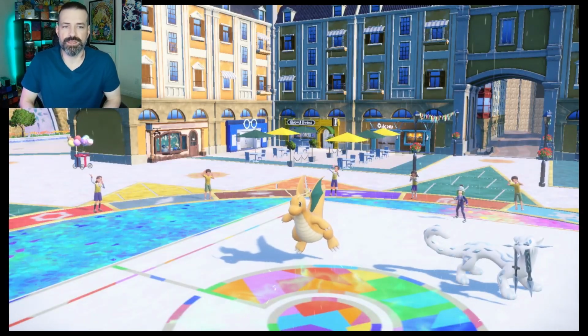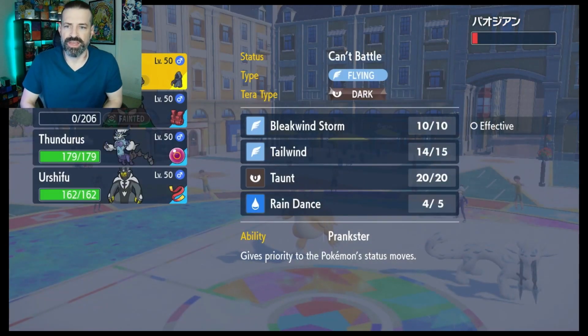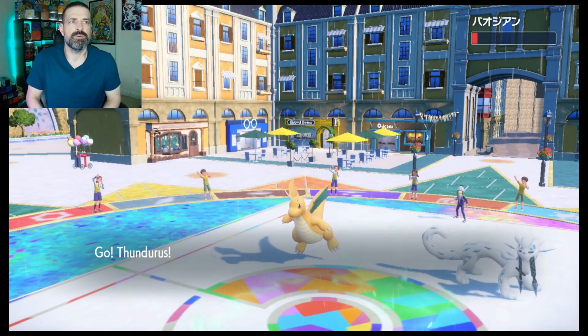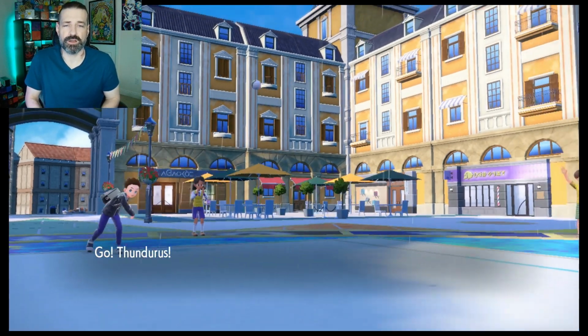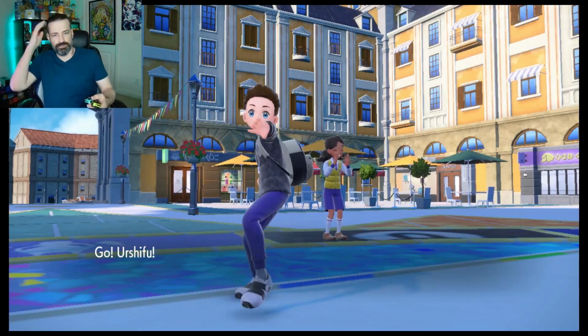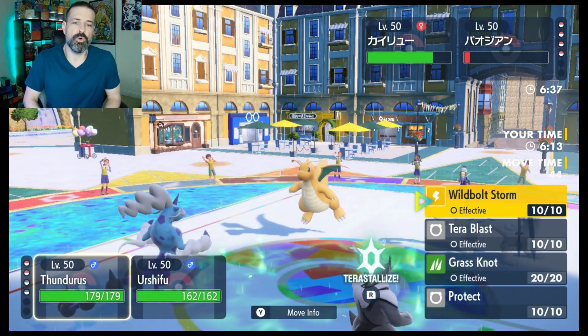Sorry, we have the speed, and we also have a priority move over there. Problem is, we have to worry about their Sucker Punch before we're able to move. So, question is, do we want to go with our Sucker Punch? Or...